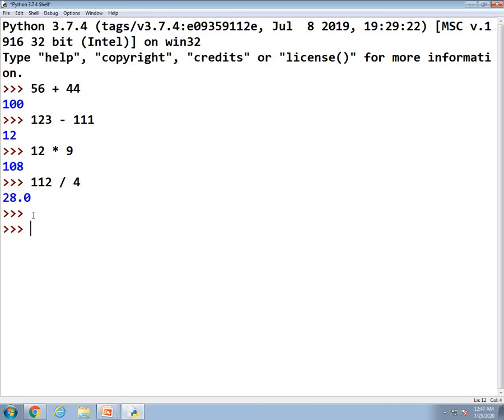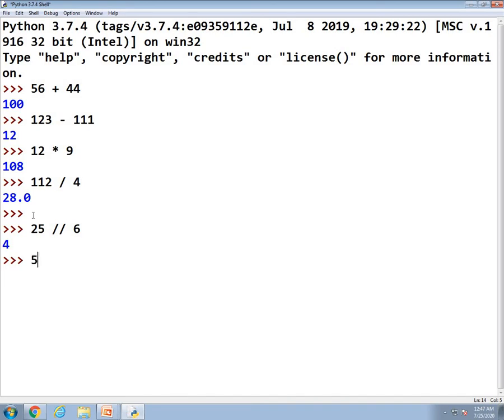And the next operator is integer division. 25, and we are using integer division operator, that is two consecutive forward slashes. I am going to divide it by 6. So when I divide 25 by 6 and this is integer division, it will only return an integer part. That means it returns quotient.